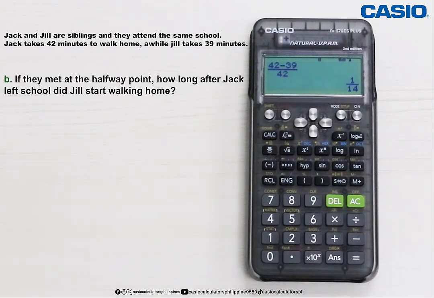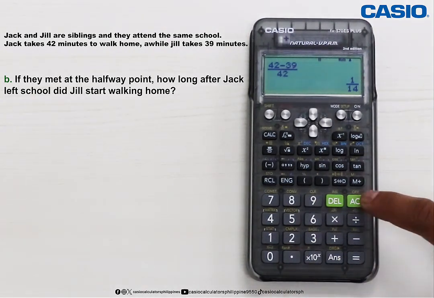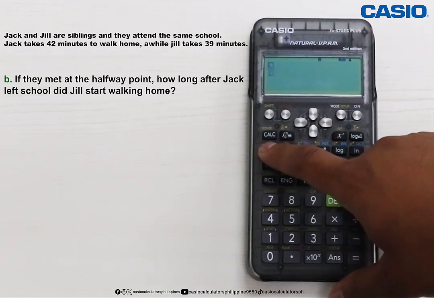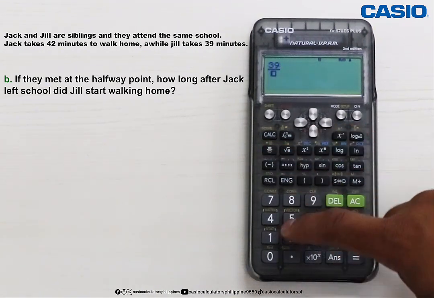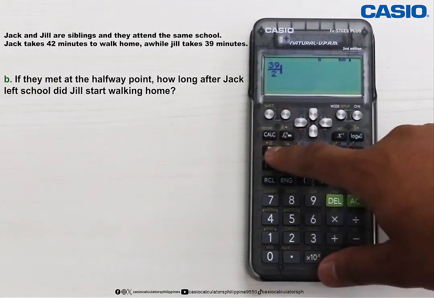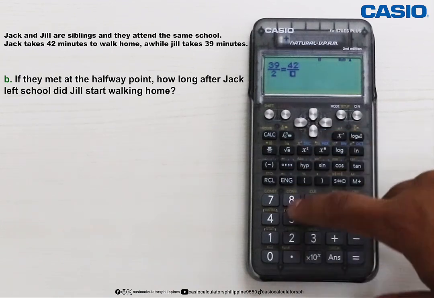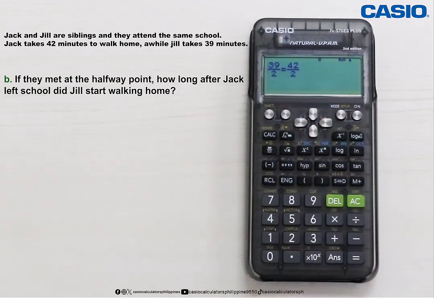Second question: if they met at the halfway point, how long after Jack left school did Jill start walking home? Since they will meet at the halfway point, we can simply use half of their time and equate it to the other. Since it will take more time for Jack